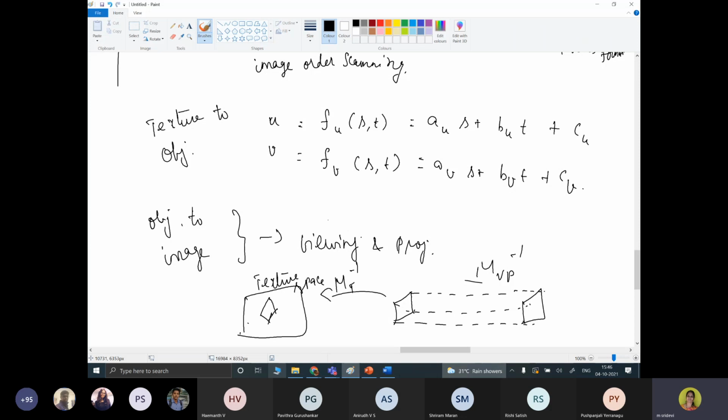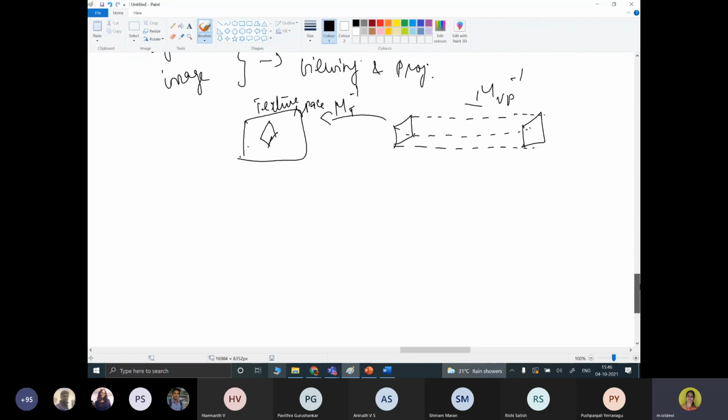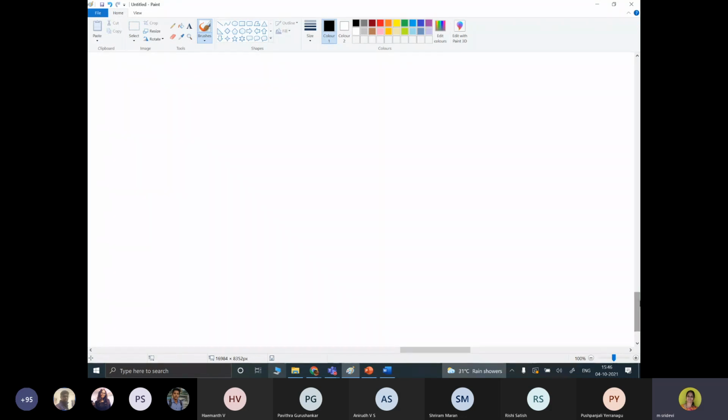The second method is the procedural texture method. I'll complete this alone, and later we will discuss the other methods. The procedural texture method uses a procedural definition of color variations.